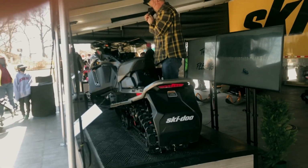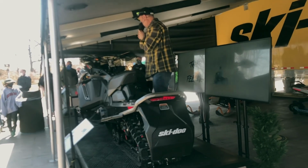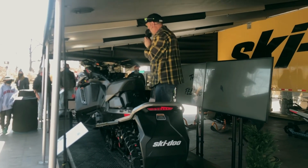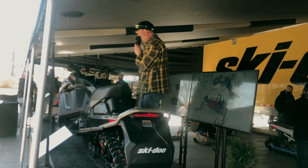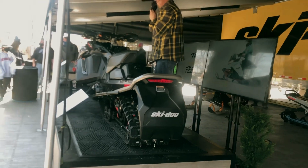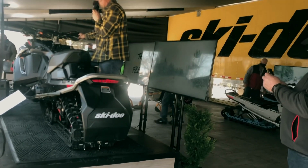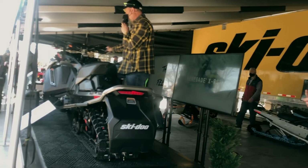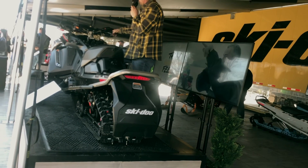So for 2022, we're bringing back the Mach Z, as you all see here. We made some pretty big advancements and changes for 22, including the smart shocks that seem to have a lot of interest out here in Michigan, as well as the motor that has been revised to 180 horse from our previous 150 horse. Some of the woes that we had previously with the 900 turbo was complaints of the throttle,